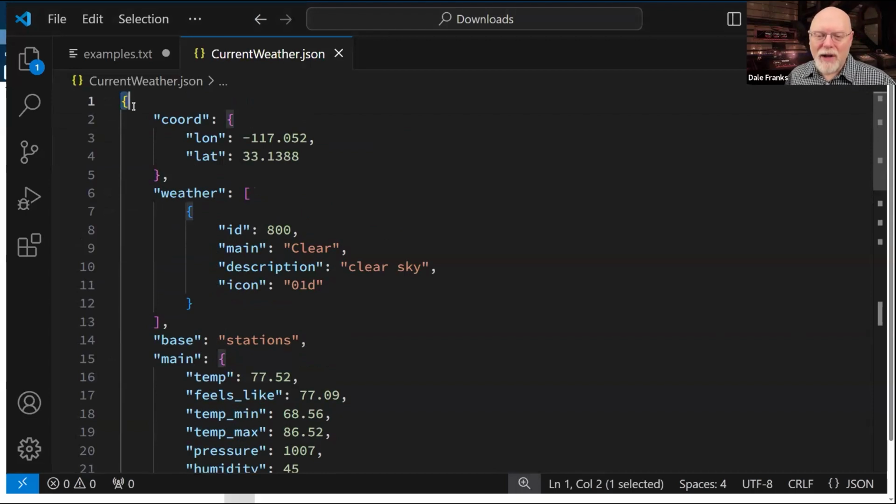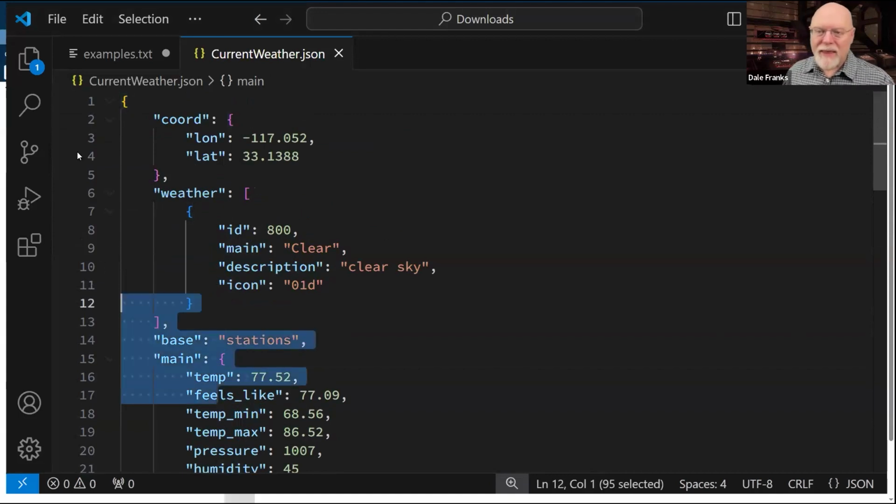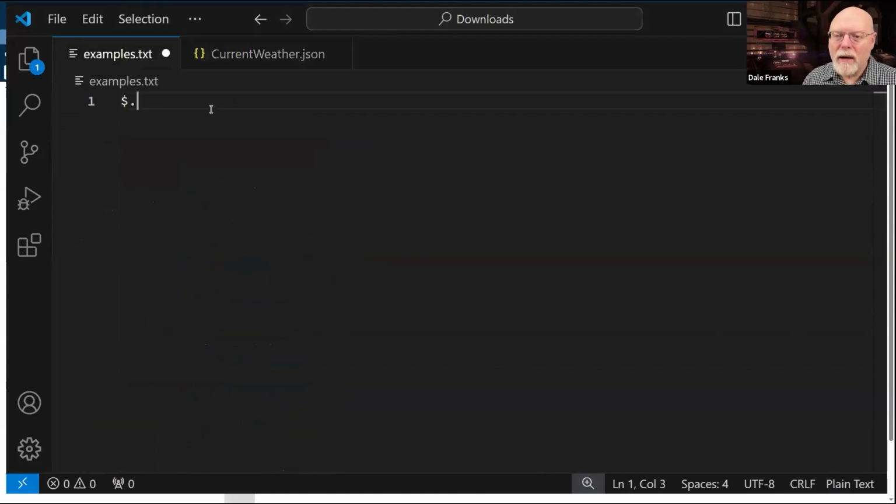So $ dot main, and then I got another curly bracket. So basically that's another dot temp. That's actually the syntax I need to get to the current temperature in my application using JSON path in my business value.